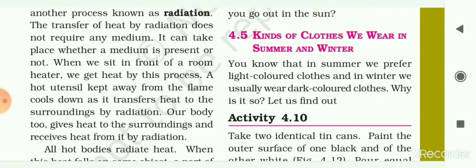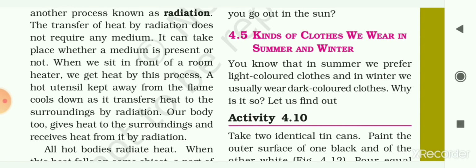We had seen that the degree of hotness or coldness of any object is called its temperature. Then we had seen that whether an object is hot or cold is known from its temperature. Then we had seen how the temperature of any substance increases or decreases. The temperature of a substance increases on giving heat to that substance, and the temperature of a substance decreases on absorbing heat from that substance.